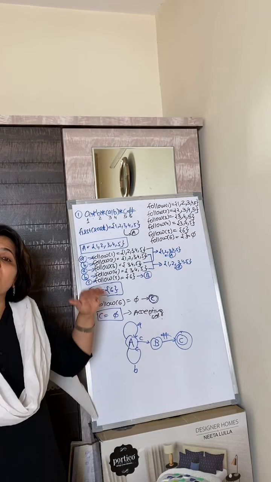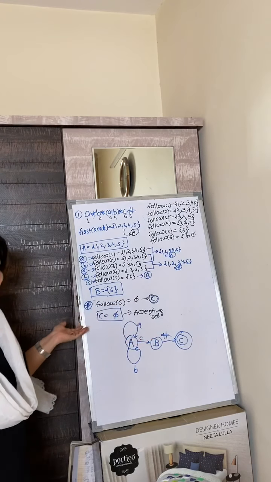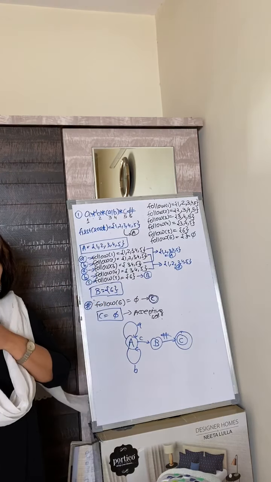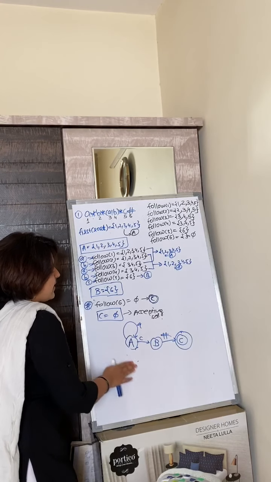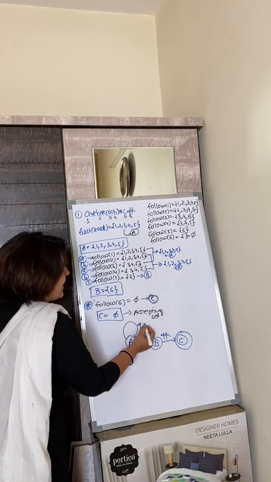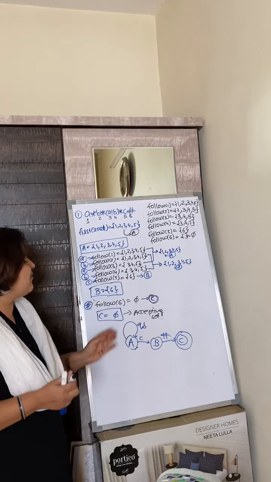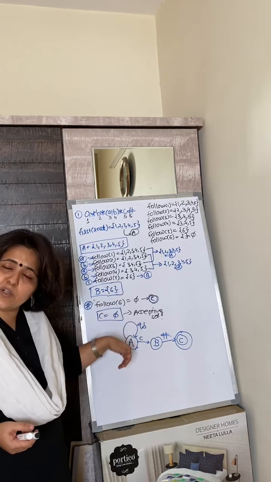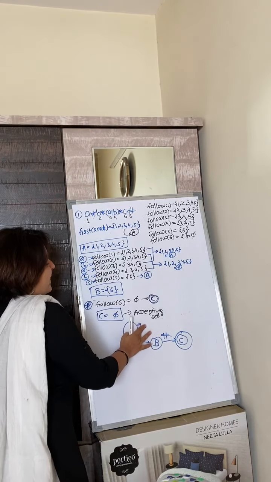More repetitions are going to be there in the first method, that is the subset construction method, NFA to DFA method, while in this method there are going to be fewer possible repetitions. So you can observe over here, there was one question by one of the students: is it necessary that you should have two edges? Can we write it like this, that there is a single edge and I write A and B both? Yes, this is also right. It is conveying the same information: if you input small a, it goes to A, and if you input small b, it also goes to A. So this is also correct. But for the sake of simplicity, I do prefer this.